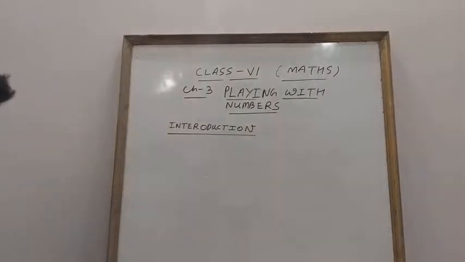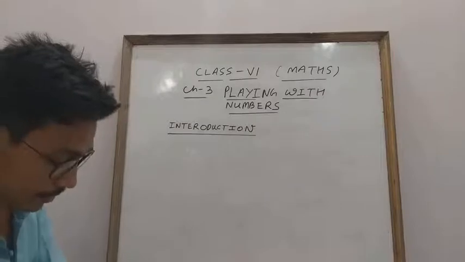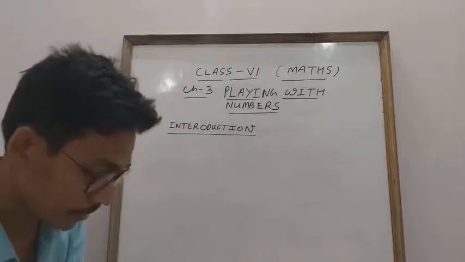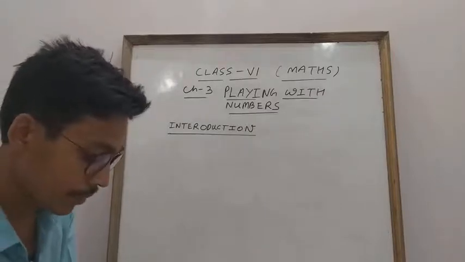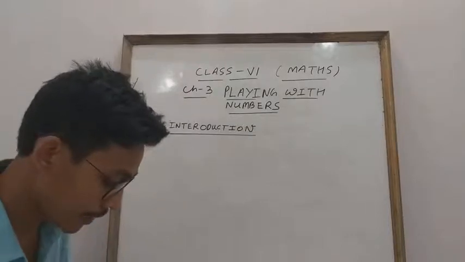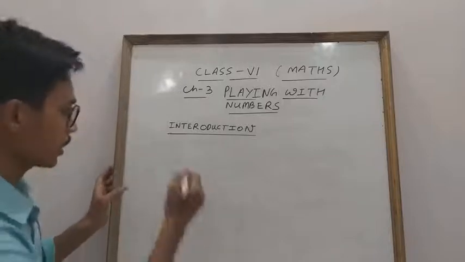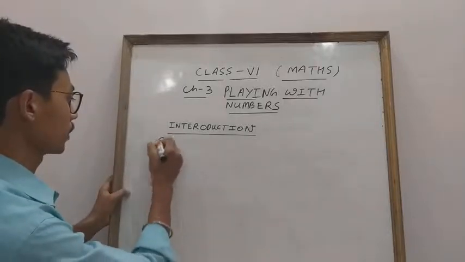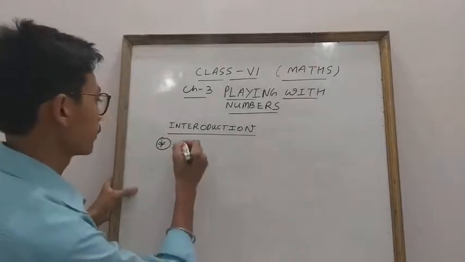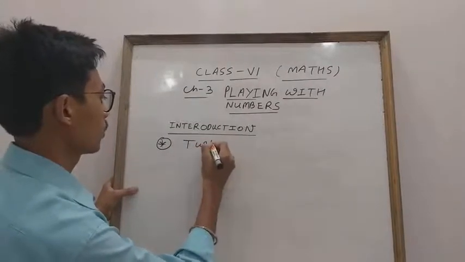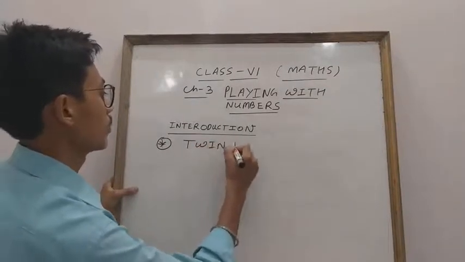Clear everyone? Now everyone knows odd number, prime number, composite number. I will not explain because I explained in chapter 1. Here I am going to explain prime triplet. Odd and even are very easy, everyone knows. First I am going to explain twin prime. What am I going to explain today? Twin prime.